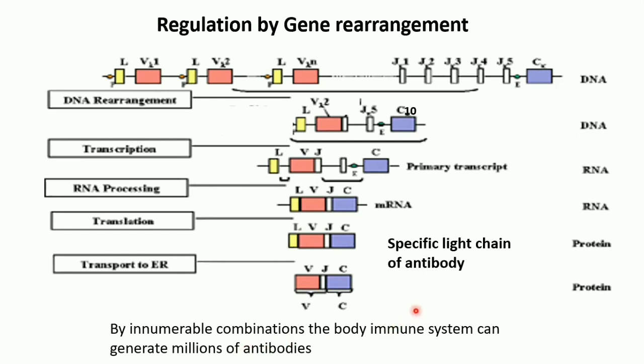In a similar way, even the formation of heavy chains of immunoglobulins can occur by rearrangement of 4 distinct genes of the heavy chain, that is variable, diversity, joining, and constant. So this is how gene rearrangement works. I have shown you the example of how the antigen produces a specific antibody, and that is because of the gene rearrangement.